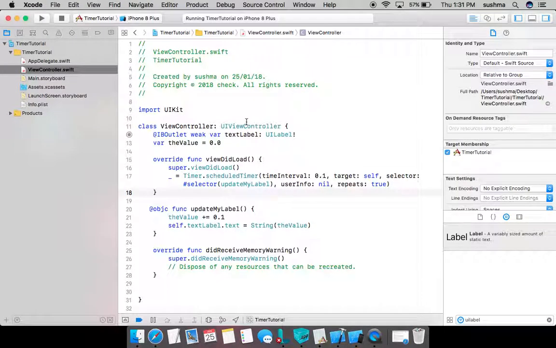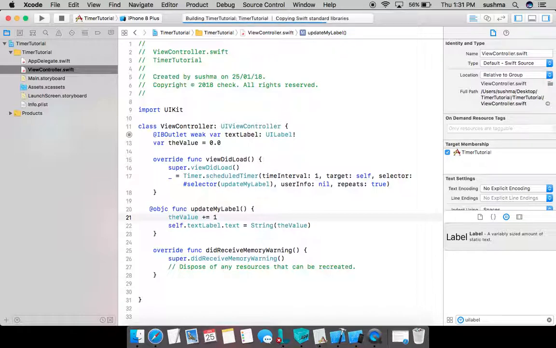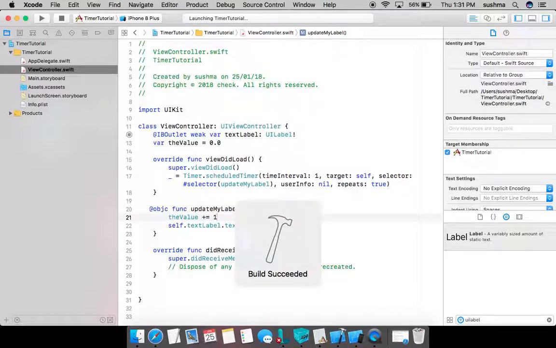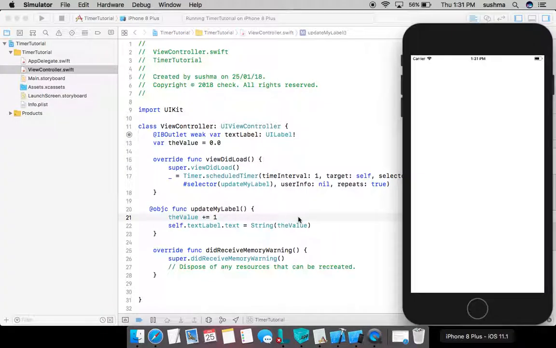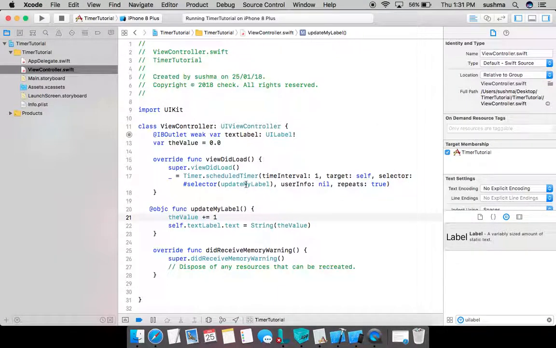So this is all. Maybe this is too fast. I can take for every 1 second I'll increase the value by 1. So it goes. So this is all how we do the timer thing. But still there are a few things that we need to take care of,